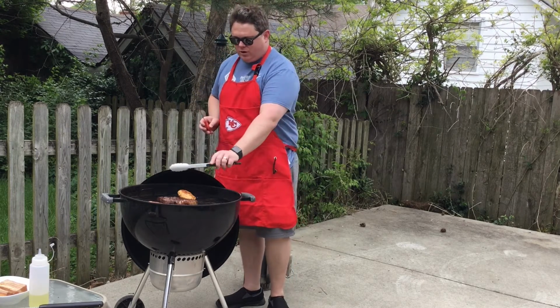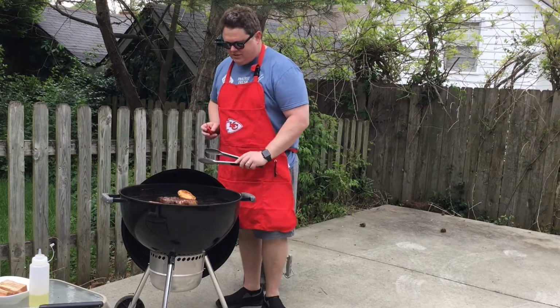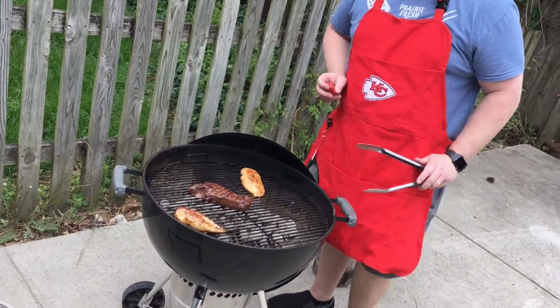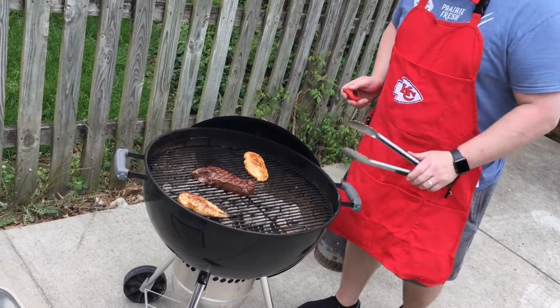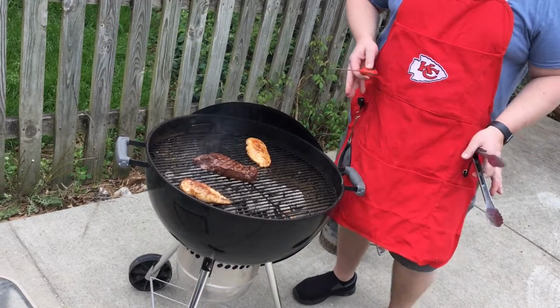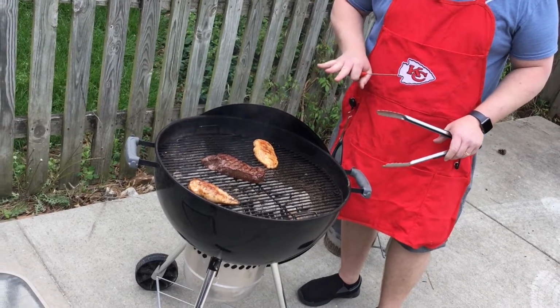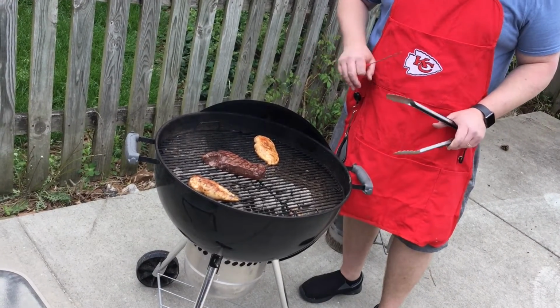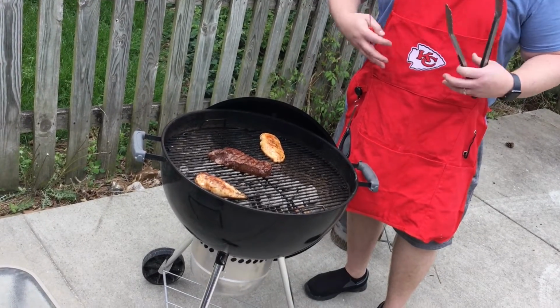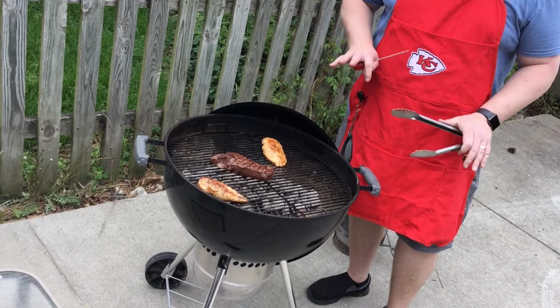I'm going to move my more cooked one over. My steak is just a little bit under yet, so I'm going to rotate him one more time. Look at that beautiful piece of meat. You can feel as well. I'm going for about medium rare, so I'll take it off about 120, and then I'll cover it with foil and let the carryover heat and let all the juices redistribute, and that'll take it up to about 125 on the